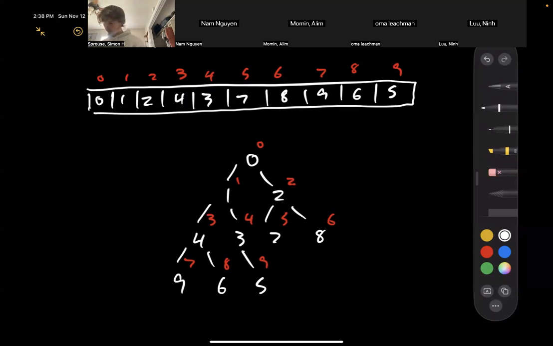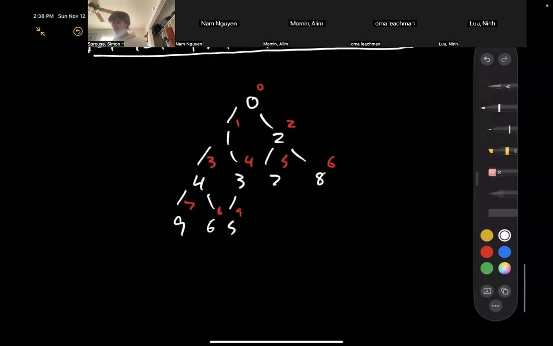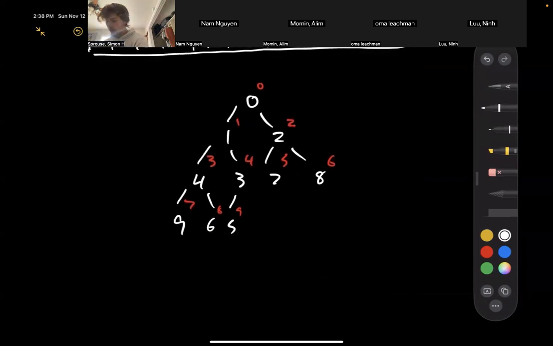I think this is confusing the way I did this. There should be a left arrow here. 6 and 5. Okay, so if we remove the minimum element here, imagine we call pop on